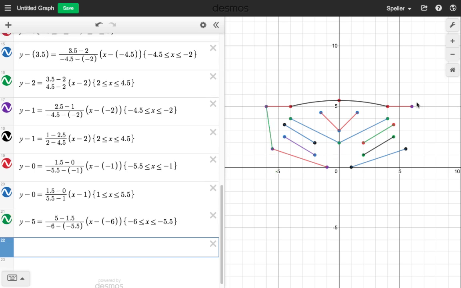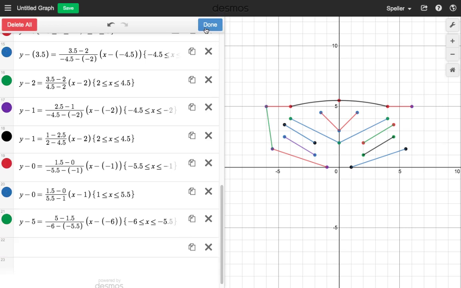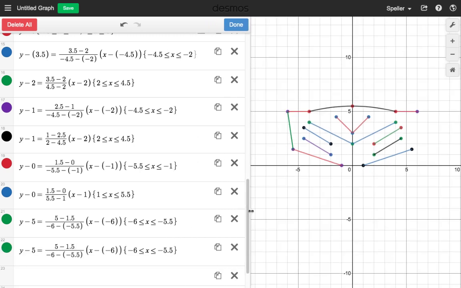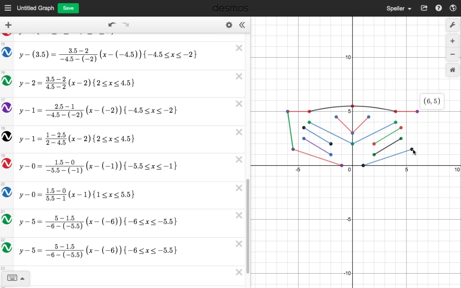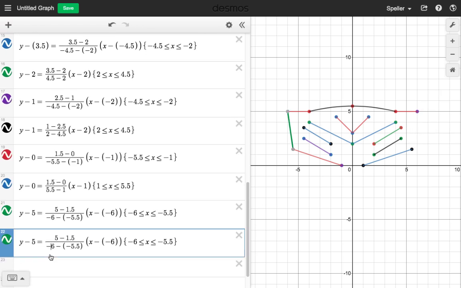All right, and then let's work on the right hand side. Again, let's use the 6.5. Actually, you know what? Let's go ahead and just copy what we have here. Let's duplicate this. So we can just click up here. Let's click the button here to duplicate. And what you're going to notice is that here on the right hand side, all of my numbers are positive. So I'm going to get rid of this negative 6 here. Get rid of this negative 5.5 here. Get rid of this negative 6 here. And I have to reverse the order here, because I'm going to go from 5.5 to 6.5.